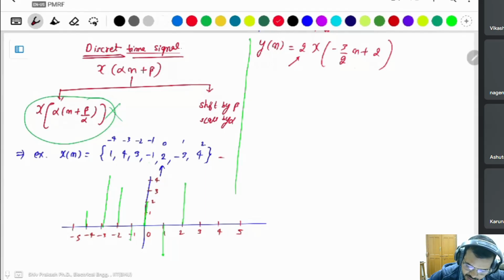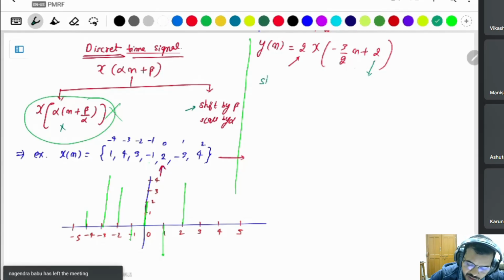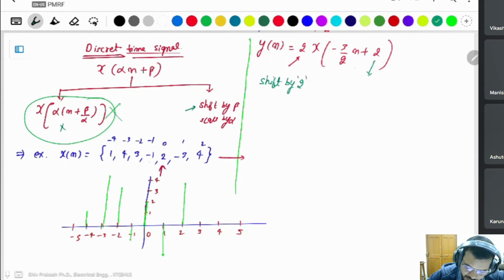This signal started from this one, shifted plus shifted by 2, because this is not applicable. This is applicable first, shifted by the beta. Beta is 2 here. Then the signal is shifted by 2. If this signal is shifted by 2,